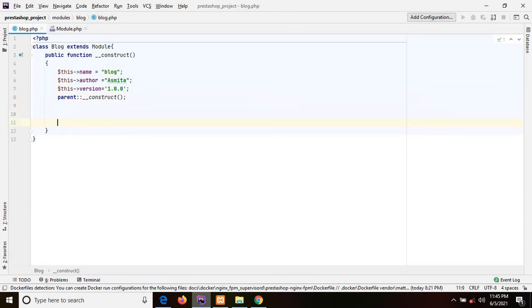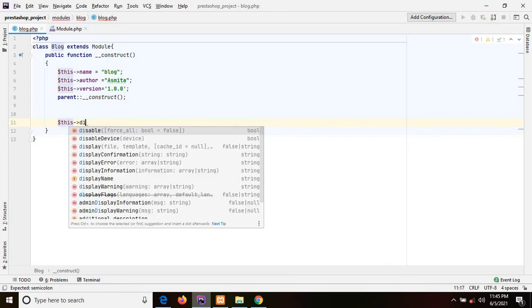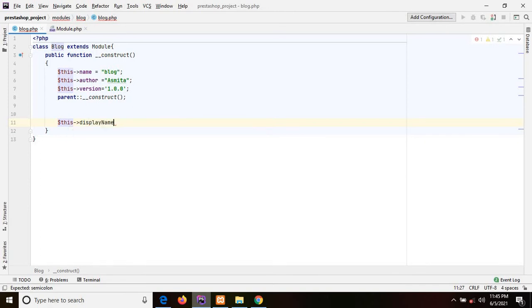After that, we need to write which name we want to display on that module. So we are writing the display name. Here you will see the method that is displayName. So we are giving the name as well.